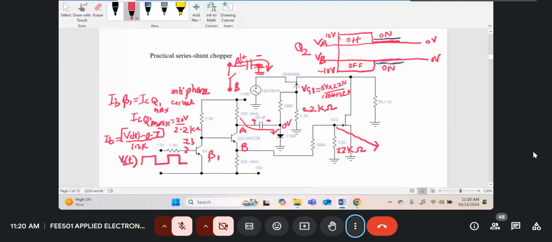So when transistor Q2 was off, the voltage VG2, which is driving the shunt transistor FET, must equal minus 10 volts